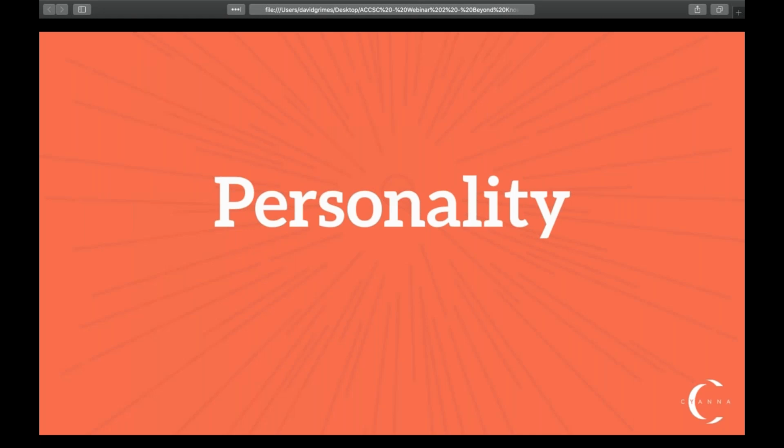So now that we have a good understanding of knowledge, we can focus on personality, which is the fun stuff, I think, for today. I wanted to spend some time on knowledge just to get that going. And then right now, we're going to move into the personality side of things. So what I wanted to do is ask you a rhetorical question: would you have any confidence or any respect for a teacher that had no clue what he or she was talking about? Maybe you had one before. Maybe you had a teacher that you knew was just not the best at conveying knowledge, at the very least.